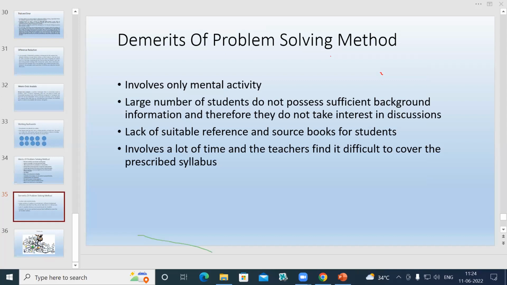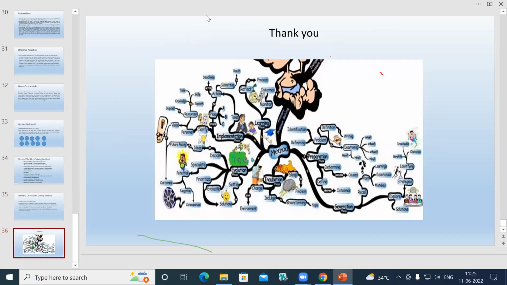Whatever I have told you, I hope that you enrich yourself about this. There may be some additions also, because you are all very experienced faculty, and you have many more examples in your subjects. I can give only examples from science because I have a science background, so I have given examples like rainbow and shrimps and everything. So you can connect it with your subjects also. So this is from my side. Thank you so much. Over to you.